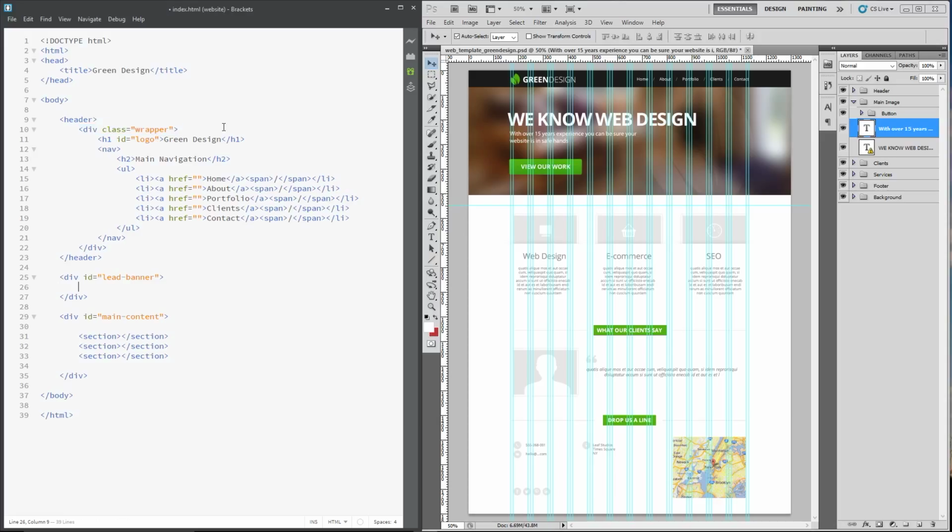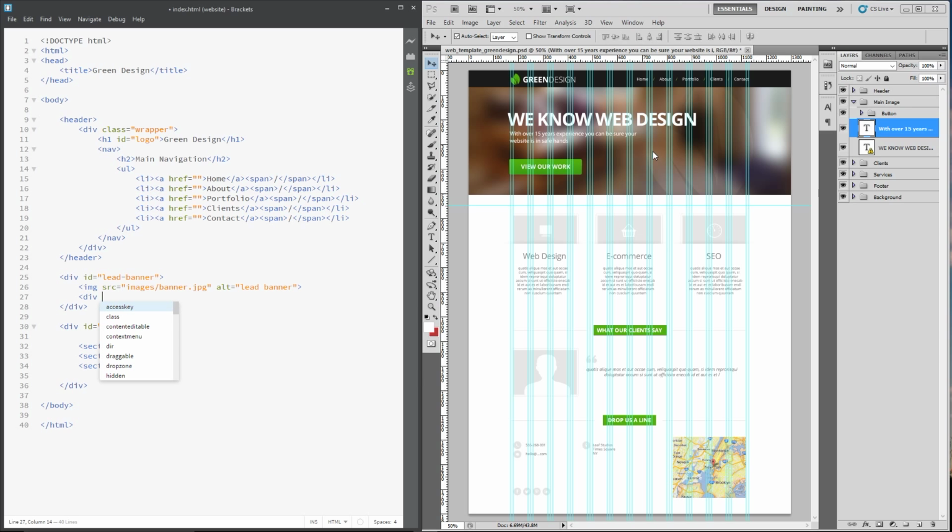So what we need to do is write our image tag, say source equals, and then we know it's within our images folder, /banner, there it is. I give this an alt attribute of lead banner, it doesn't really matter what you call it at the minute, and we'll stop there. Okay, so next thing we want to do is create a div to contain all this stuff in,